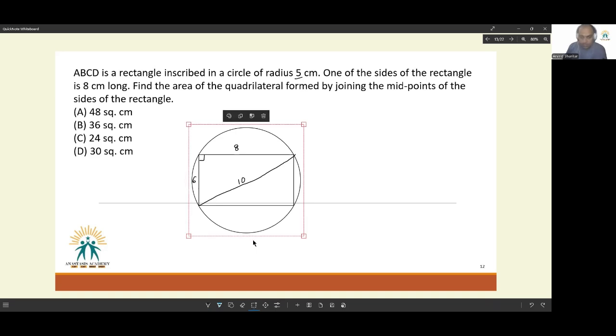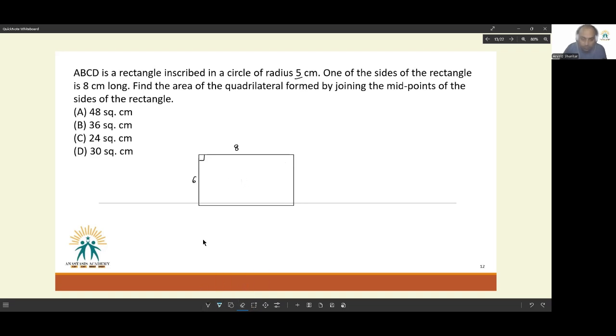First thing I'm doing is I'm getting rid of this. Then what I'm doing is I'm getting rid of this. Now, they've asked, this quadrilateral I have, a rectangle of sides 8 and 6: find the area of the quadrilateral found by joining the midpoints of the sides of the rectangle. If I join the midpoints of the sides of this rectangle,